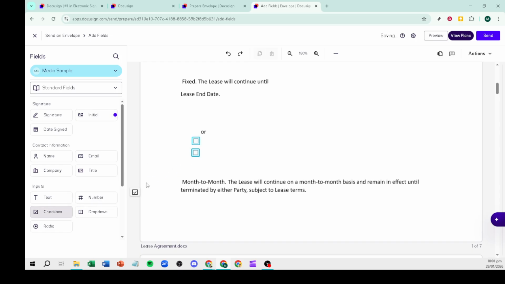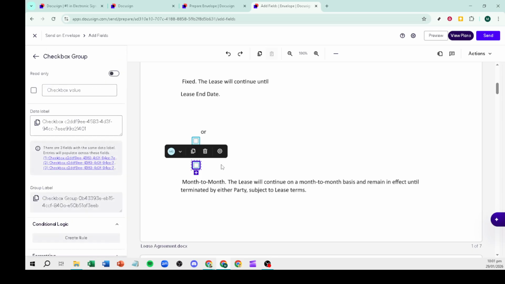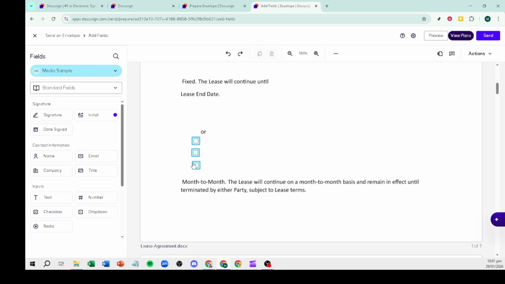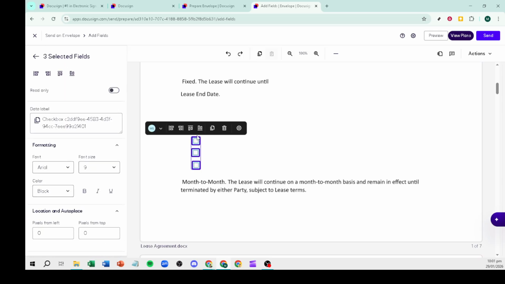Docusign will enforce your required settings and any group validation rules during signing, prompting the signer to correct anything they've missed before they can complete the envelope. That's it. You've configured required checkboxes the right way, whether it's a single mandatory acknowledgement or a controlled set of